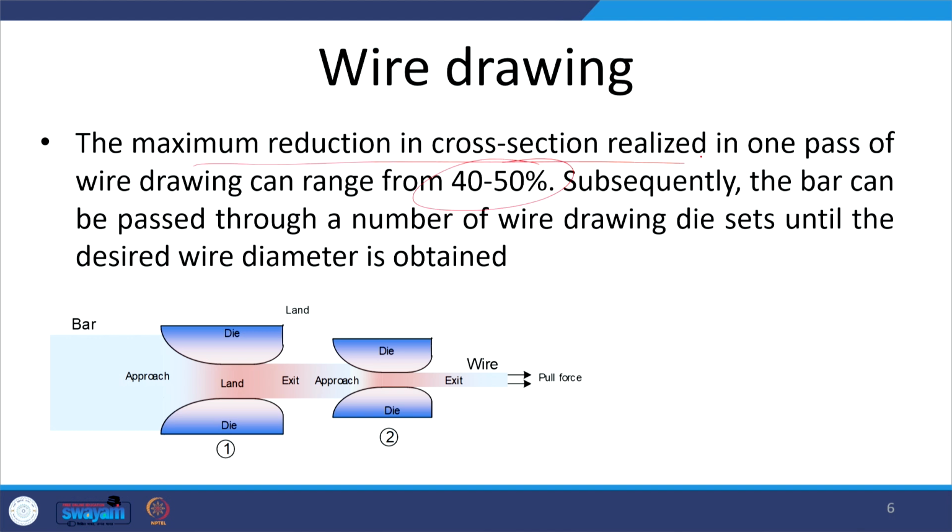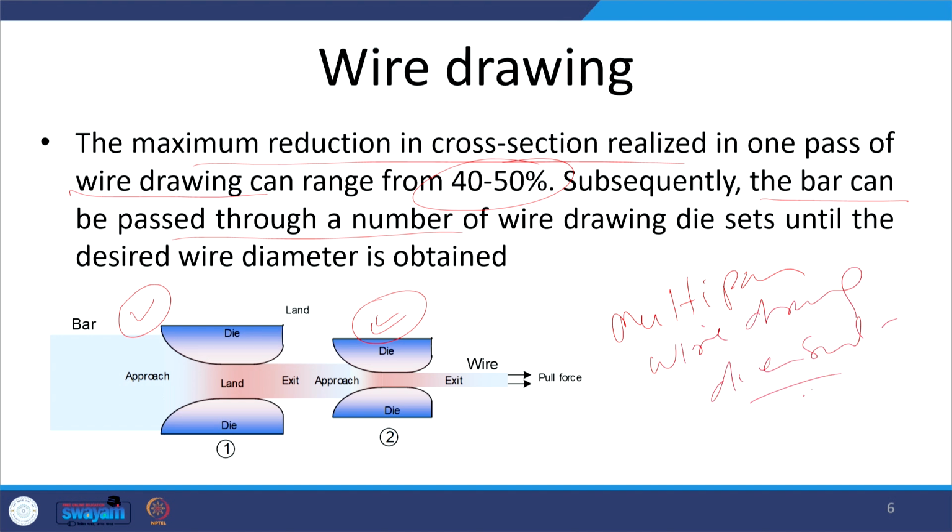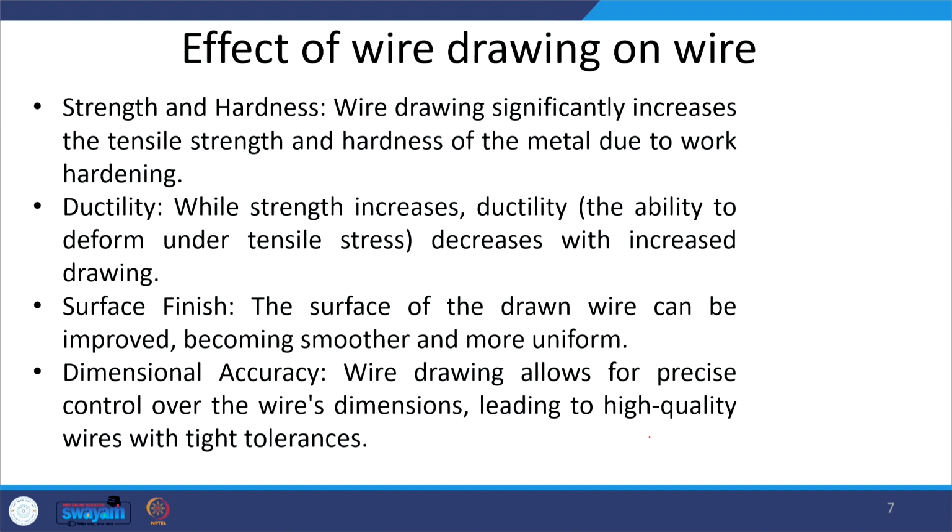So, that is the maximum reduction that can be realized in one pass of the wire drawing through one set of the die, and then subsequently the bar can be passed through the number of the die sets, say 50% reduction here, then 50% reduction further here. So, likewise we can continue to reduce the diameter of wire until the desired final diameter is realized. So, this you can say the multi pass wire drawing die set is used for wire drawing, and we